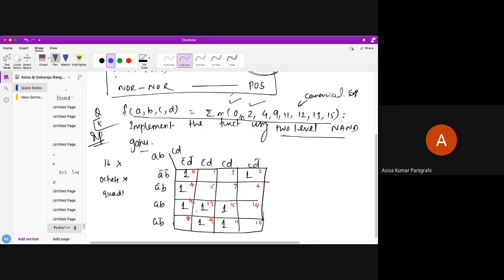So is there any quad present? Yes, so we can do this actually as quad. Any else quad present? No. If there is no quad, we can go to the pairs. Okay, the pairs are like this, we can do it like this. Okay, next we can do it like this. Else we can do something. Let's say we'll not do like this.